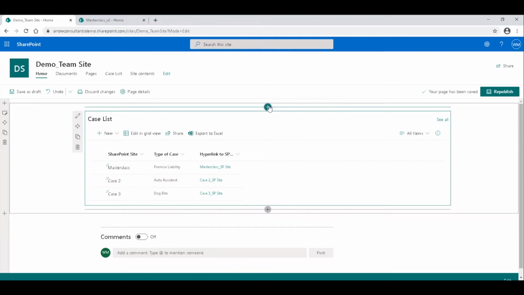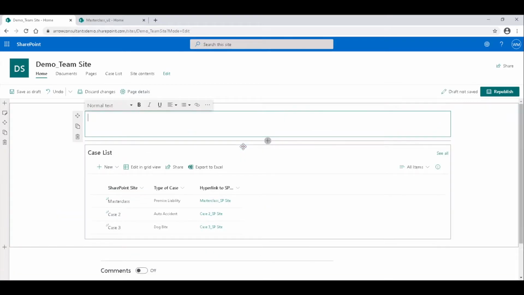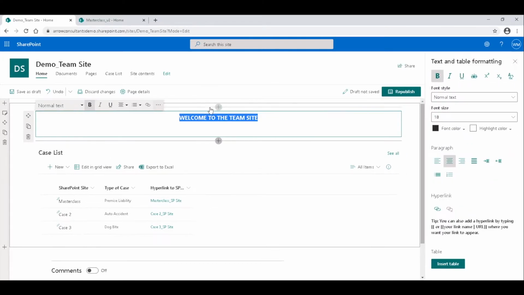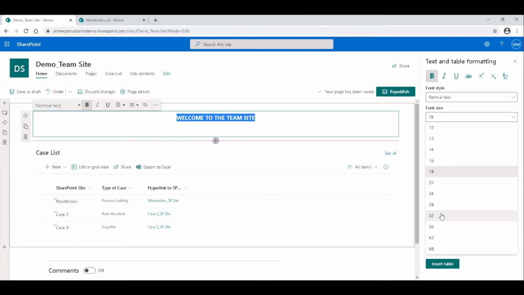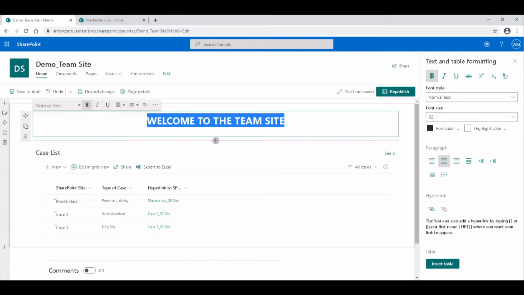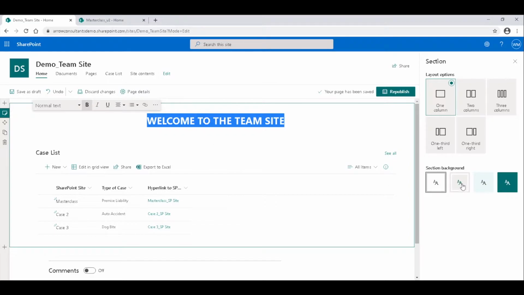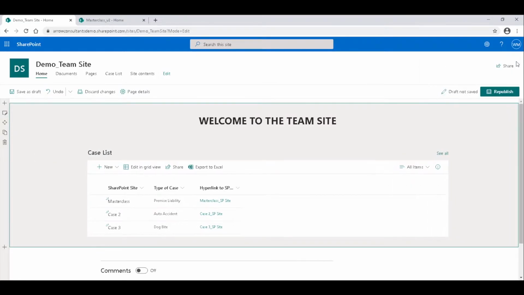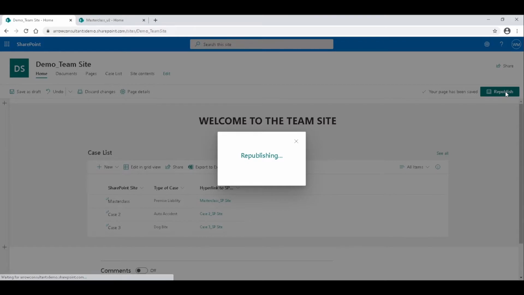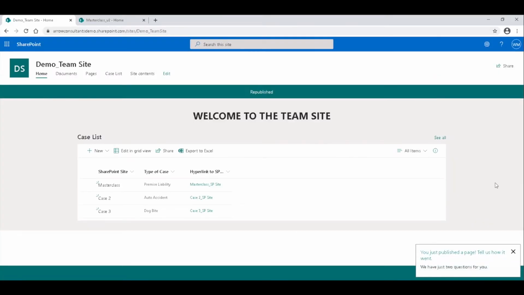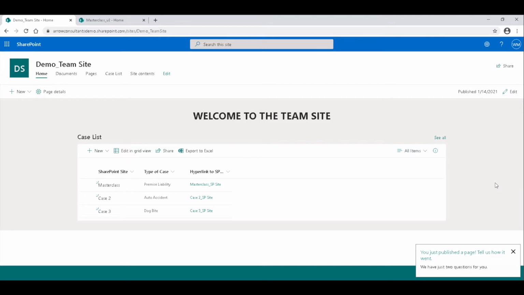So I could bring in another section, let's say text, welcome to the team site. Let's make this bold. Let's make this centered. And maybe we give it a much bigger font size, and we change that section background right there. So let's republish. Okay, so we've got a really great start to our team communication site, and we have a list right here